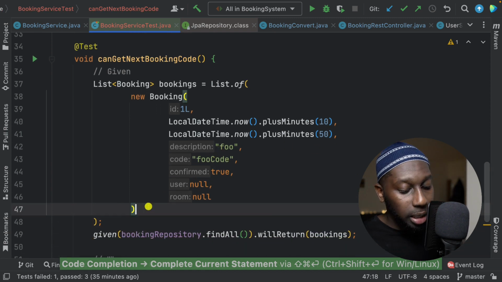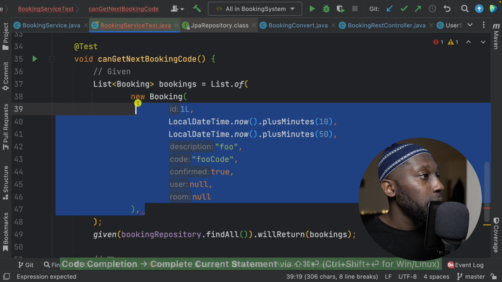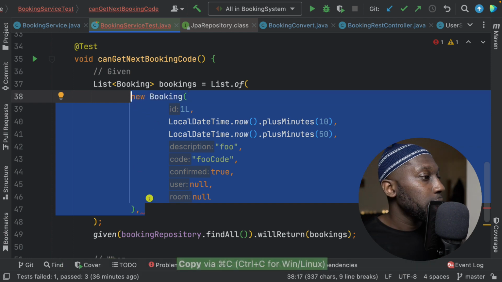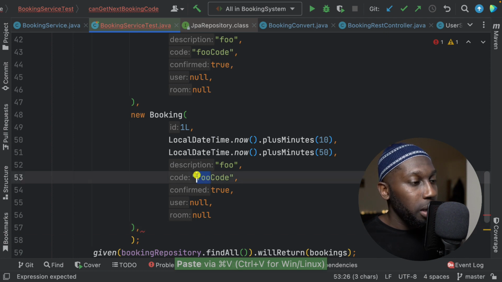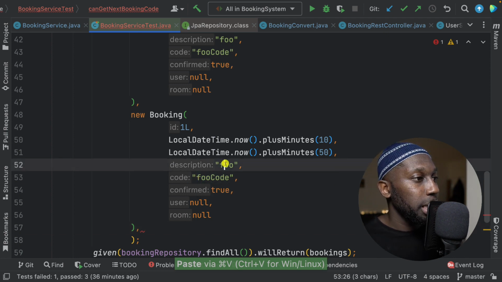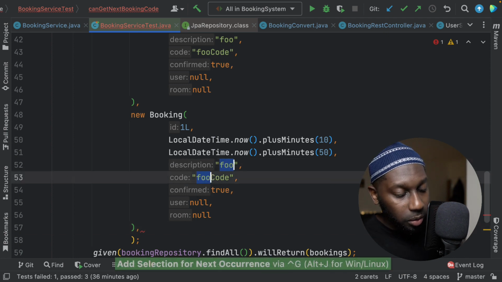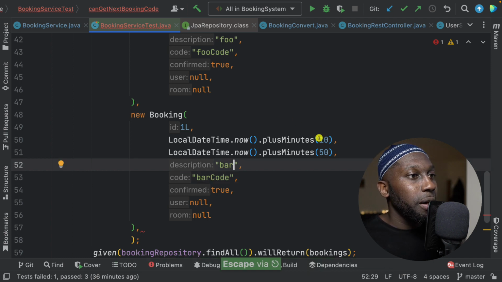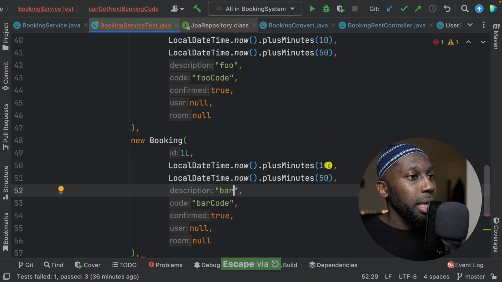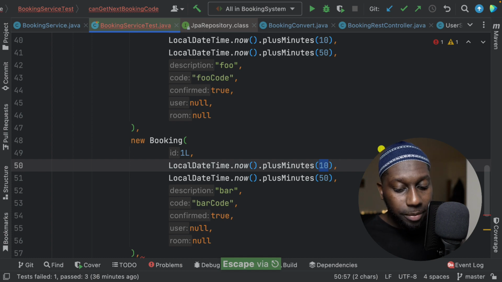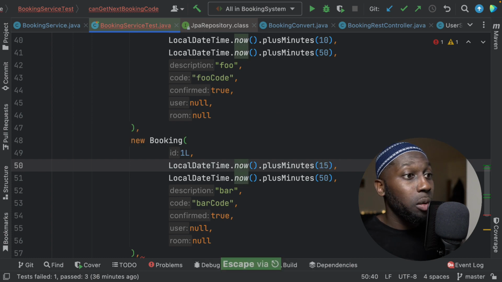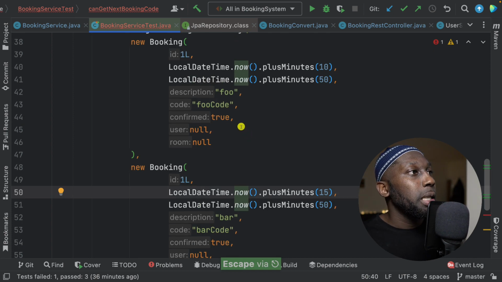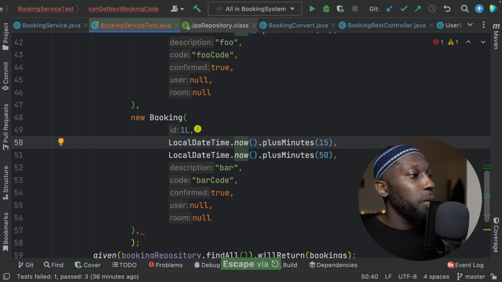We need another booking. So let's take all of this and put it there, and this will be bar. So let's select this one, going to be bar, and let's say this is 15 minutes. So the start date, which is now plus 15 minutes, right? So we are expecting to